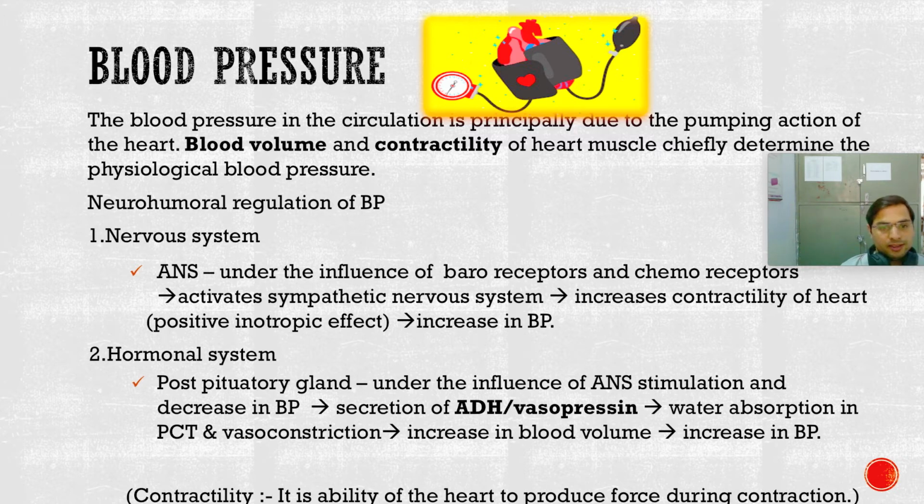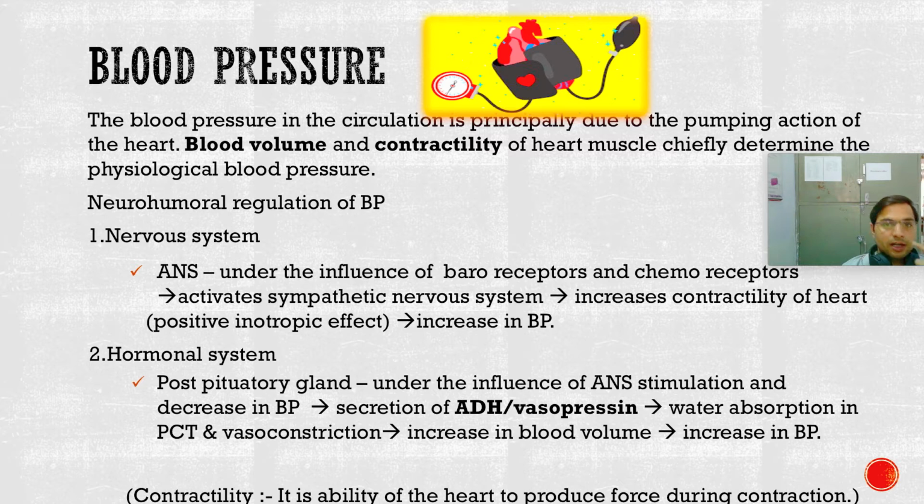inside the blood vessels. So now we know that our body has approximately 70% of water, and that water is mostly in the interstitial spaces, that is outside the blood vessels. And whenever the body needs more blood pressure, it takes water from those interstitial spaces and puts it inside the blood vessels, thereby increasing the overall blood volume, thereby generating more pressure. Because when the blood volume is more, the pressure becomes more.